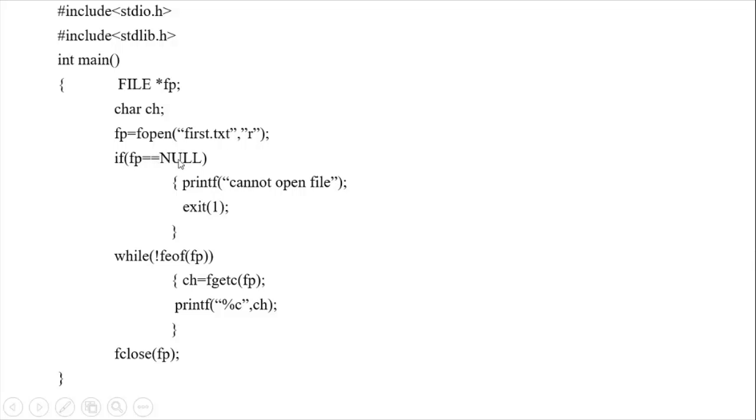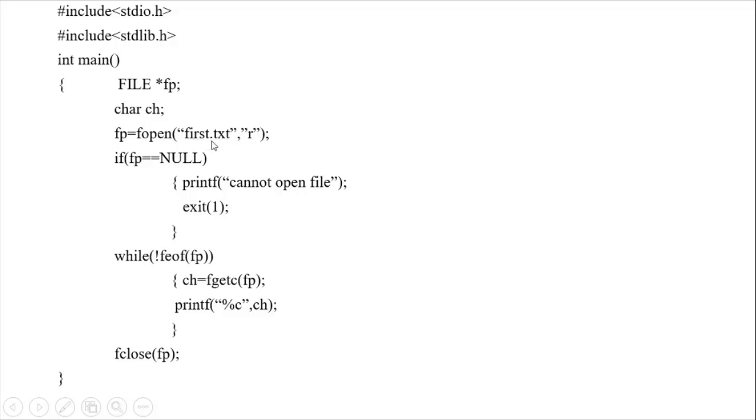If fp is equal to NULL, it means I cannot open this file in read mode, then it will return a null value. So if fp is equal to NULL, printf cannot open the file and exit, terminating the program.